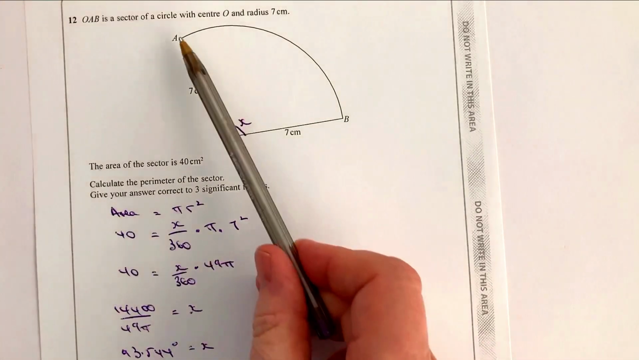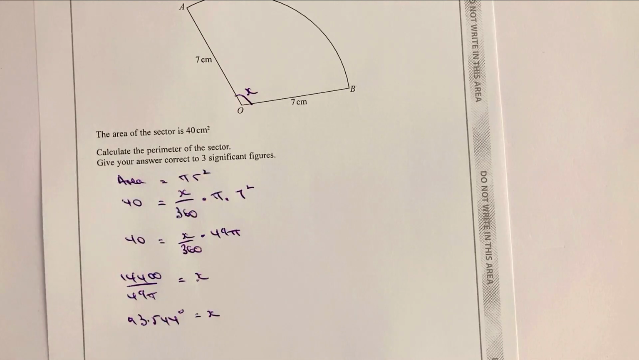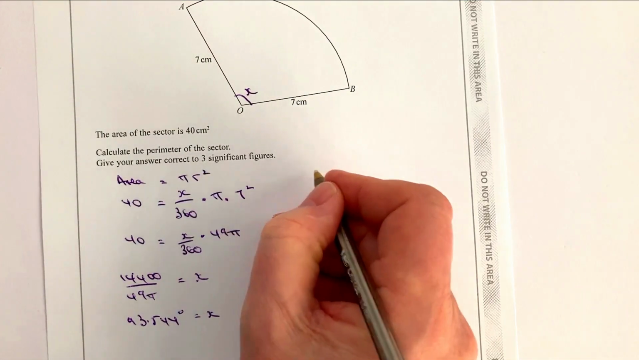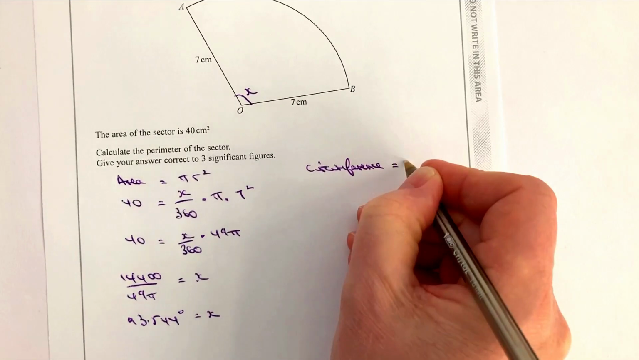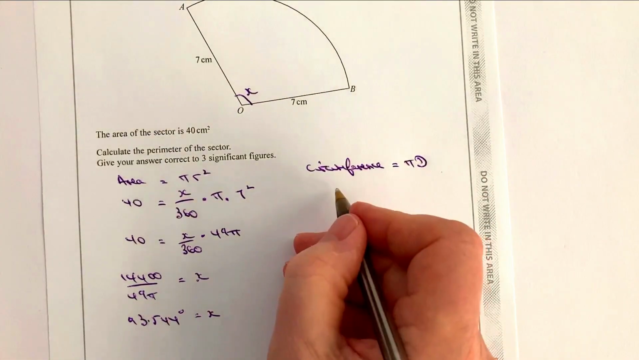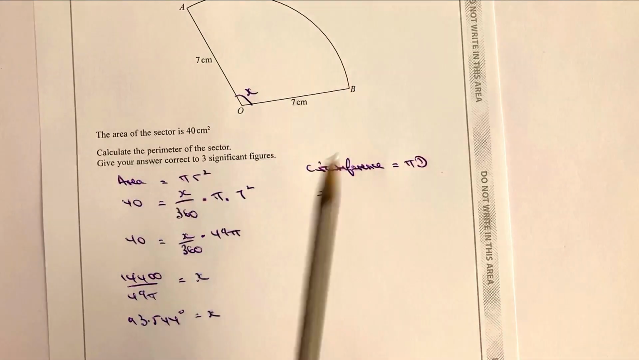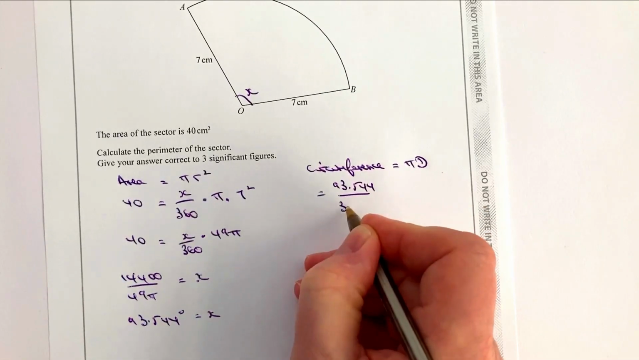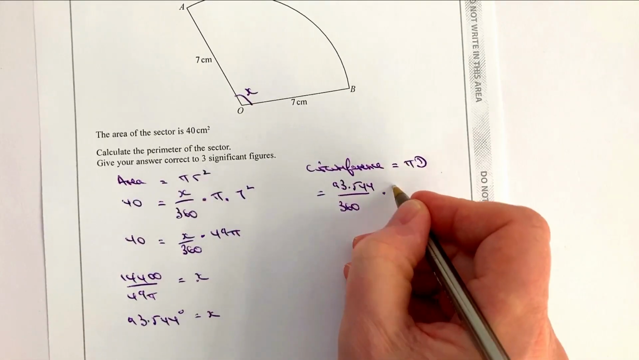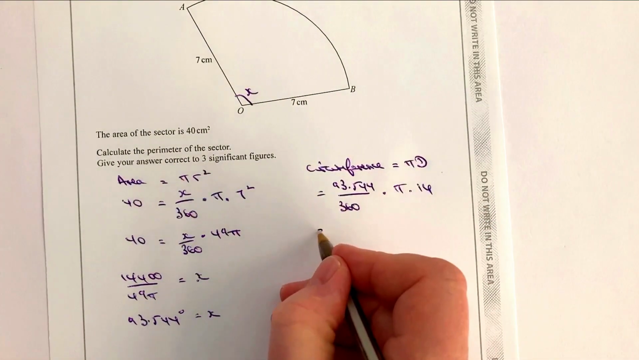I can take this information and put it into another formula, and that other formula is going to be the circumference of a circle. So you need to remember these formulas. The circumference equals pi d. Now at the moment, again, I haven't got the full circumference, but what I've got is going to be part of the circle overall. I've worked out that I've got 93.544 degrees out of 360, and that's going to be multiplied by pi, and d is the actual diameter, which is 14. So if I put that into a calculator, I'm going to get